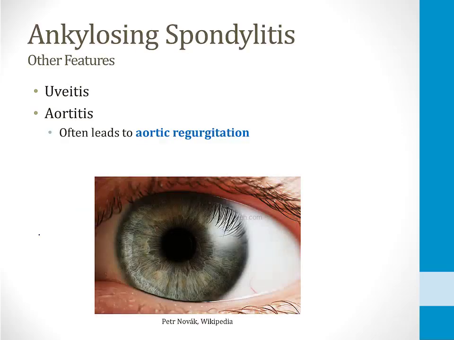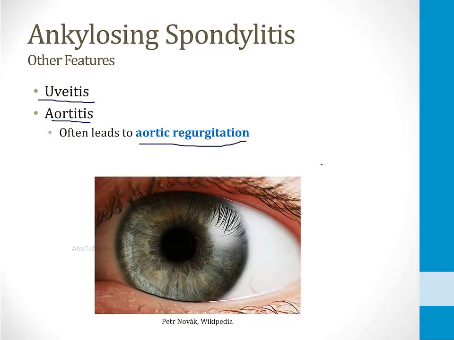And in addition to the joint and tendon problems, ankylosing spondylitis often has features outside of the musculoskeletal system. For example, many patients develop uveitis, which is inflammation of the uveal layer of the eye. And some patients even develop aortitis, which is inflammation of the aorta, and this often occurs at the root of the aorta, and that will lead to abnormal function of the aortic valve, so patients with ankylosing spondylitis can develop